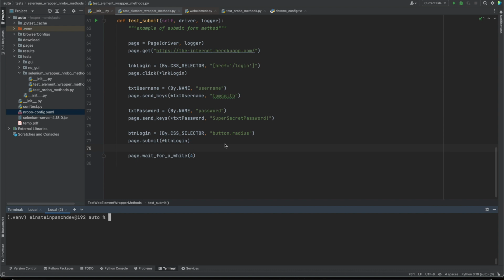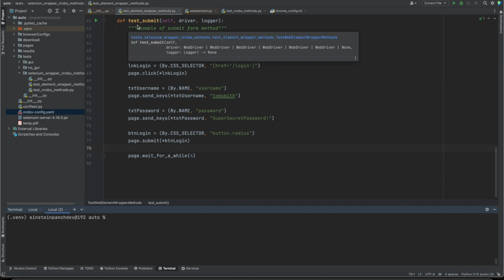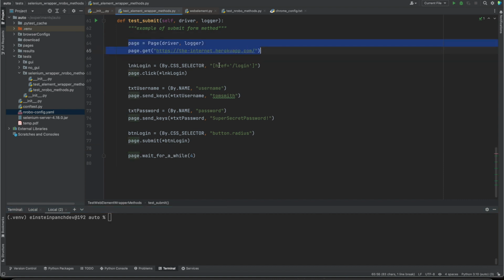Hello, in this video we are going to see the use of the submit form method. So we are opening this page and then clicking on the login link. Then we are entering username and